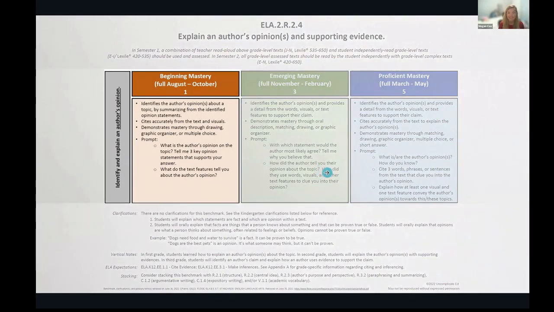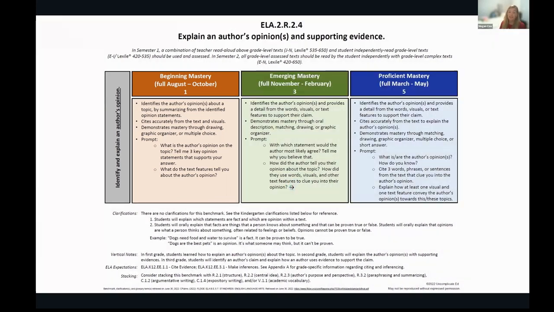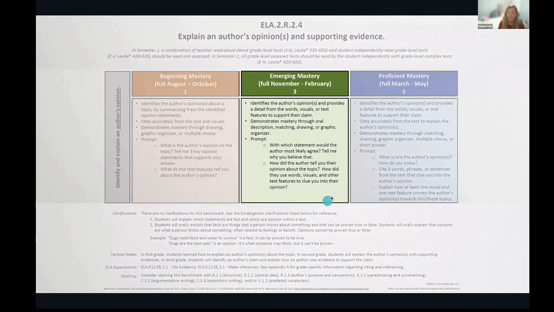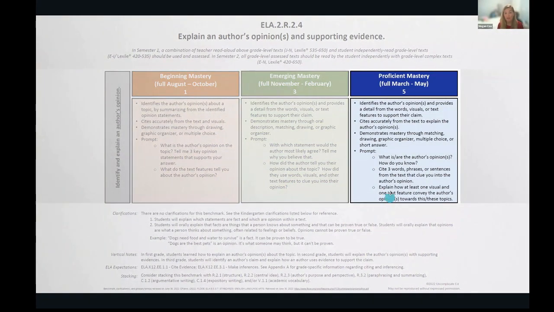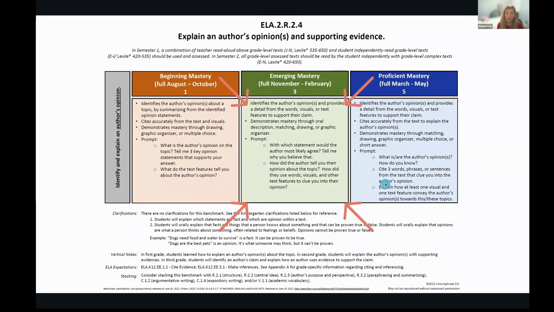Finally, looking ahead, the heart of the rubrics is what students should be able to do at the beginning of the year, emerging mastery mid-year, and at the end of the year, that proficient mastery and what that's going to look like. We're going to dig on in, because that's the point of the year that we're at, is emerging